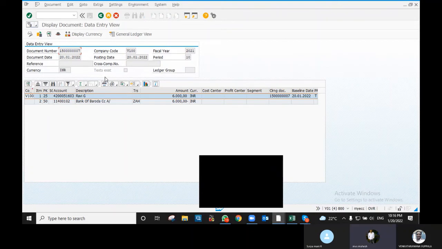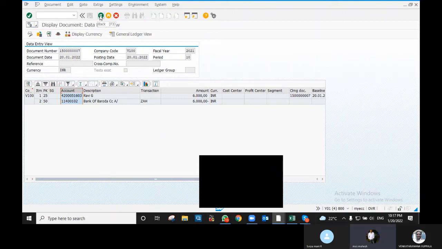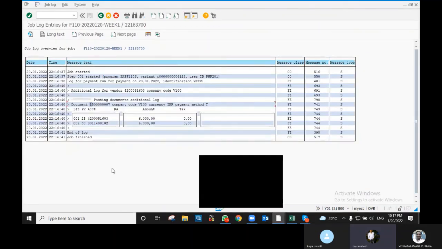What is this TRS here? Transaction ZAH. This is the automatic payment program, right? It will update like that. This is how we can make multiple payments in a single time. Okay. Now you are selecting